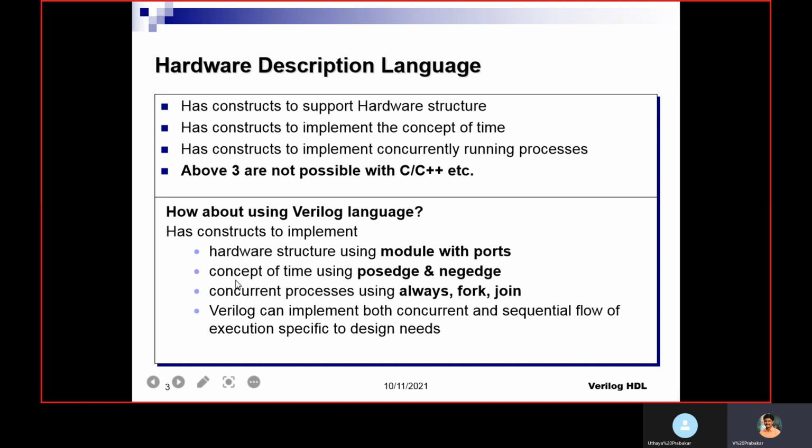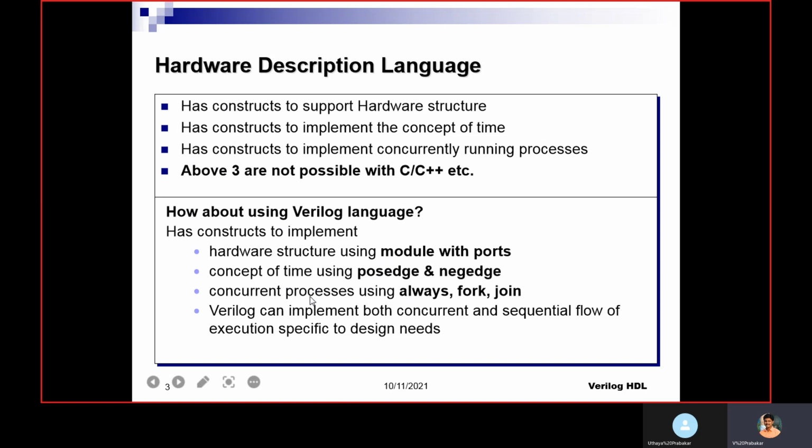And we have a concept of time using posedge and negedge. These keywords are used to represent the positive edge of the clock. So timing concepts we can implement, and concurrent processes we can implement with the help of always, fork, join.